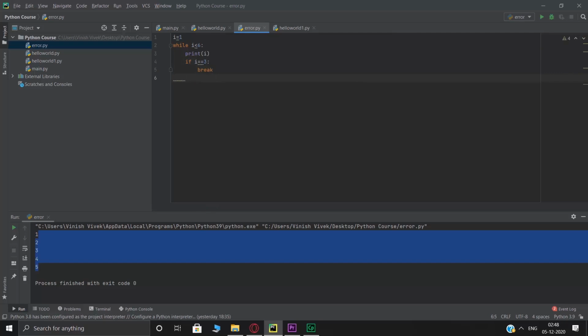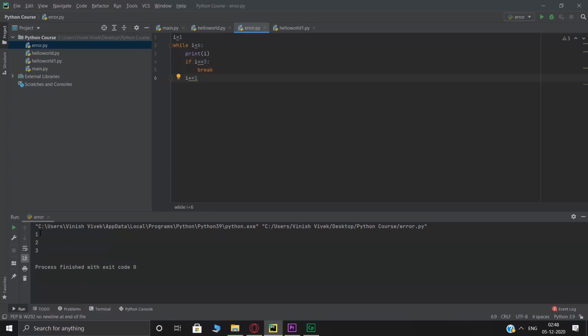Again, we're going to have the increment here, and Control Shift F10. There you go. We wanted a while statement in which i is less than 6, and to continuously print i, but as soon as i reaches the value of 3, it breaks your loop. So your loop gets stopped. It's similar to what we did in the for loop.